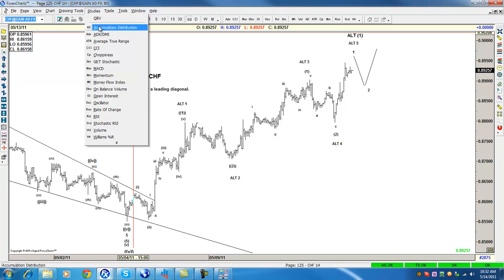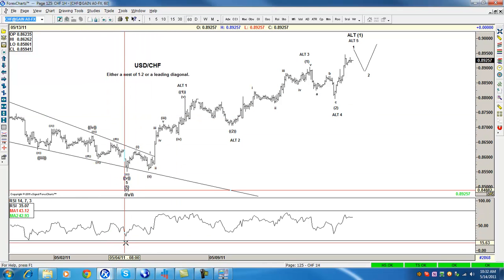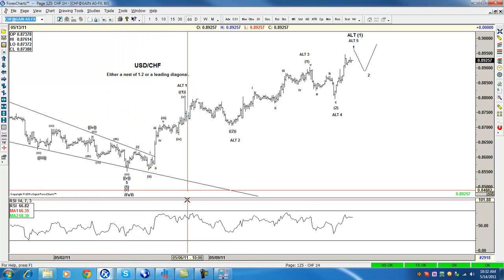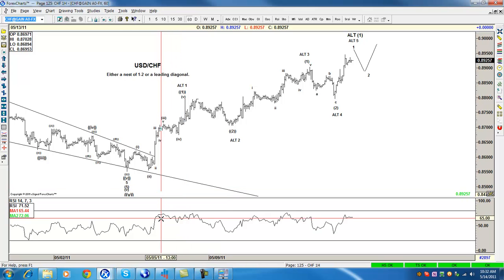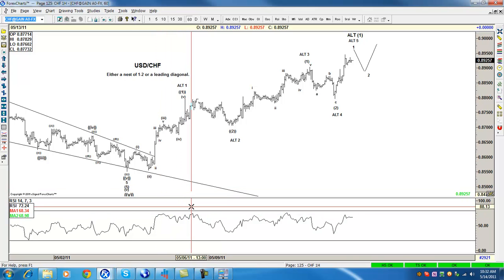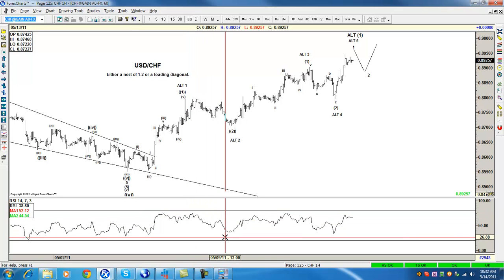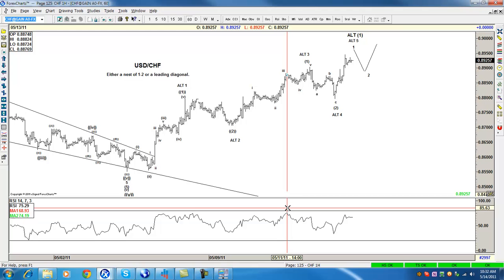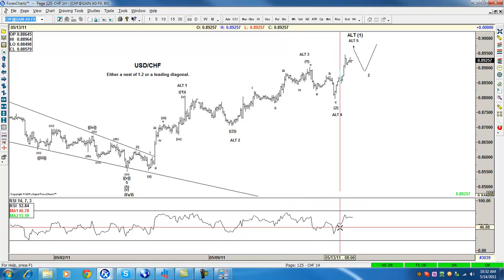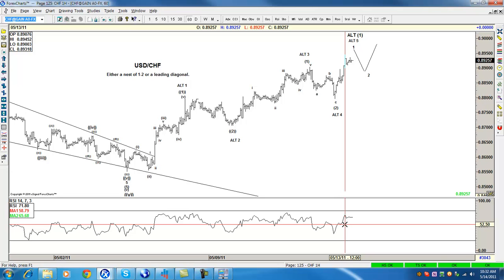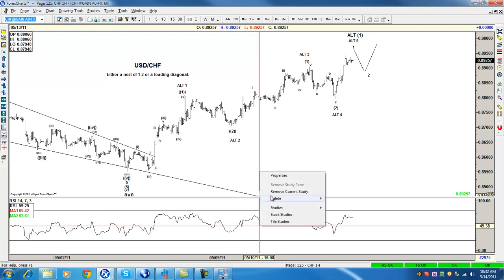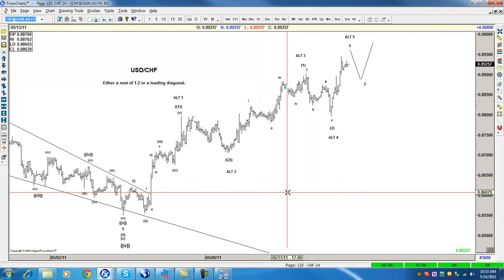Now let's check on the RSI. RSI is telling you the first cycle ended here. Look at the divergence with a high, and then it goes 3 ways back. Second cycle, look at the divergence with a high in this one, back, and we're going to get an ending divergence, 3 ways back. Now as you see on the RSI, there are 3 cycles.